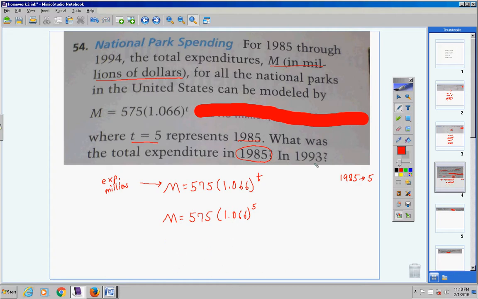Well, first of all, if 1985 is 5, then 5 years later, 1990 would be 10. So 3 years later, 1993 would be 13. So 13 represents 1993. If 5 represents 1985, then 5 years later, 10 would represent 1990. 3 years later, 13 would represent 1993. So instead of putting a 5 right here for t, I'm going to put 13. So now I have 1.066 to the 13th power, enter, times 575, enter, and I'm getting